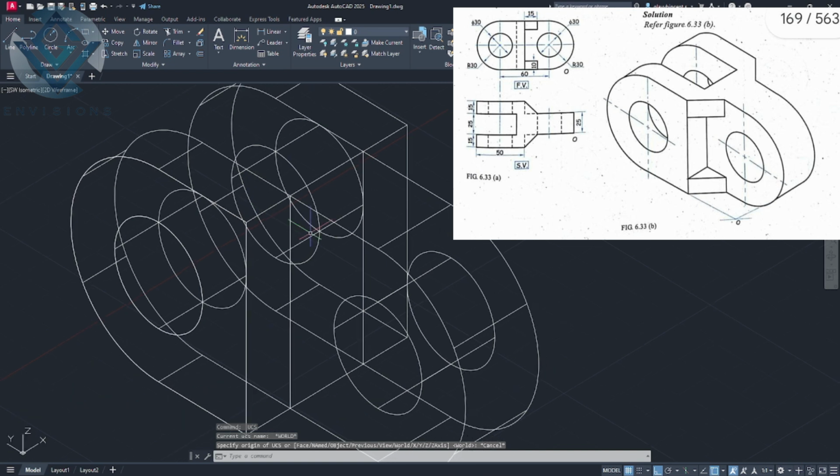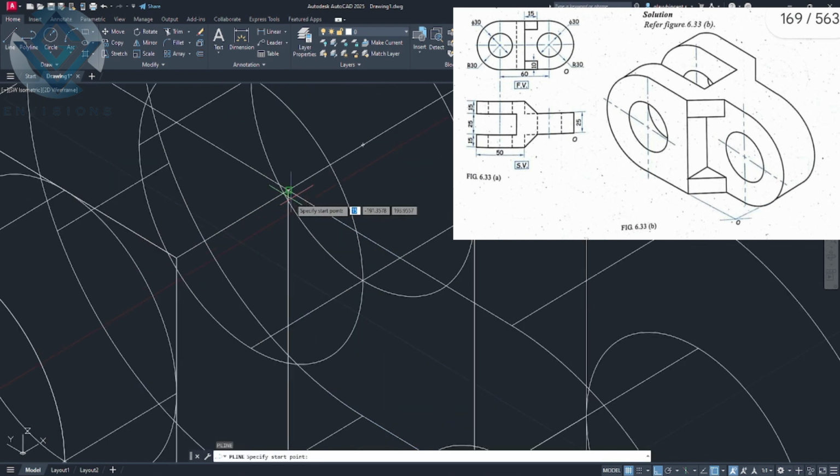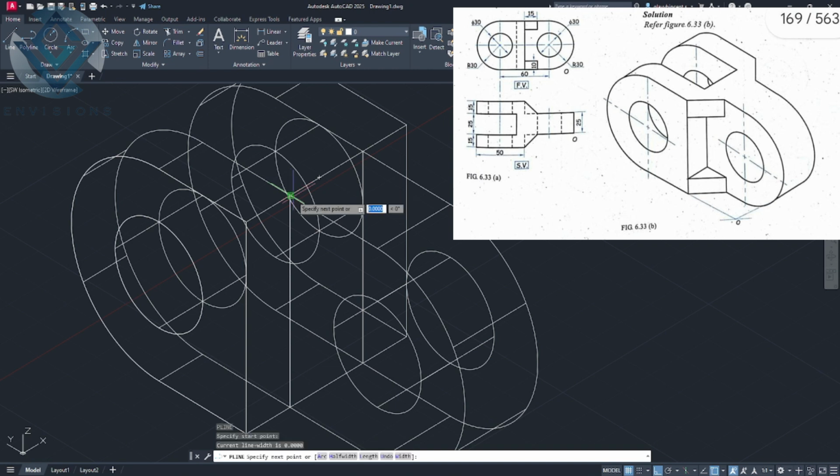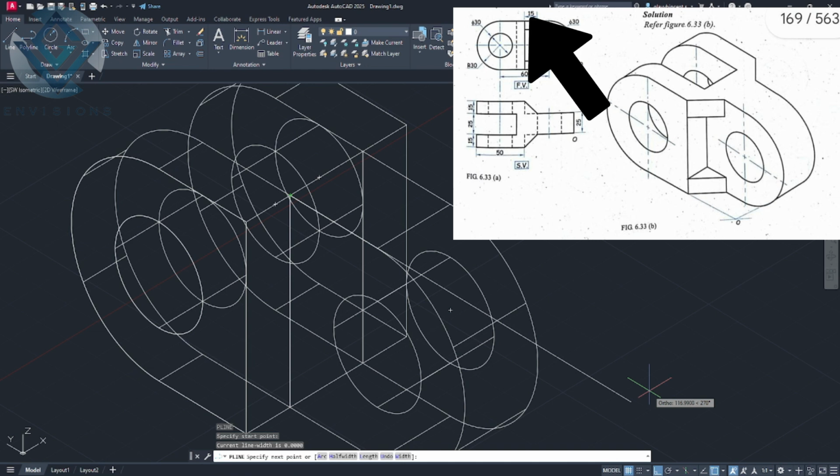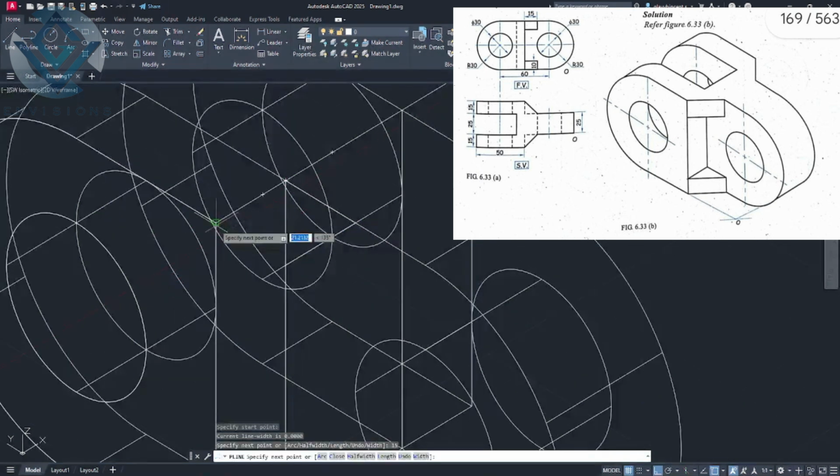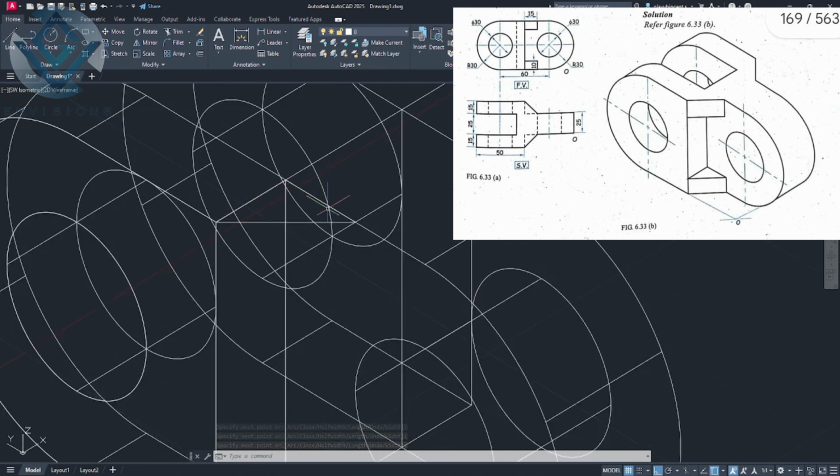Then after that one, type PL, polyline, enter. So in this endpoint, click that one, and then in this direction, type the measurement is 15. So as you can see here, type 15, enter, and then connect this into this endpoint. Then connect this back to this endpoint, right? So now you can see here that there is a triangle in this part.